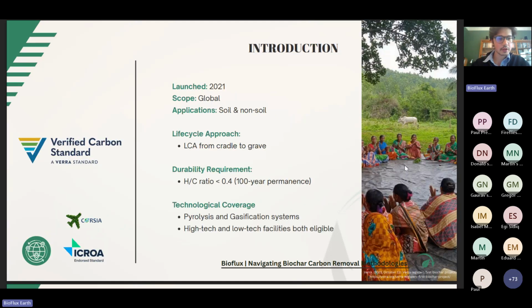Finally, the last methodology that we're going to quickly go over is Verified Carbon Standards, or VCS. This was launched in 2021, and VCS has a global scope. The applications that are allowed for biochar are soil and non-soil applications. The life cycle approach, the LCA that is conducted by VCS, requires cradle to grave. And here, the durability requirement is an H/C ratio of less than 0.4, and Verra is still operating on